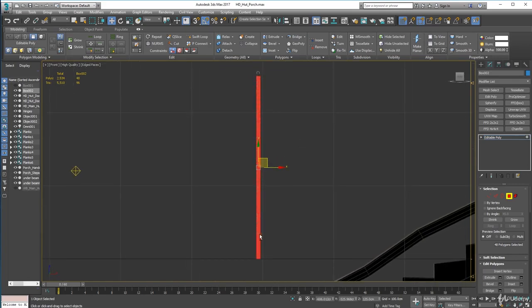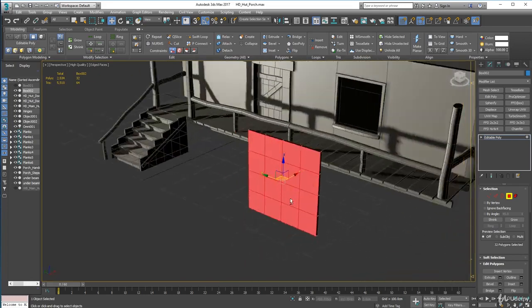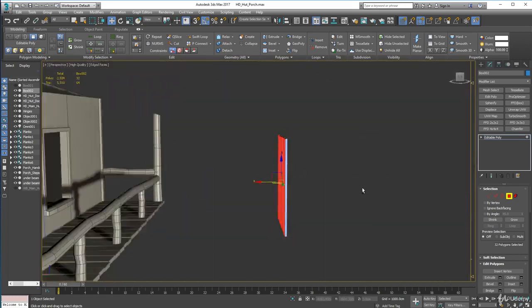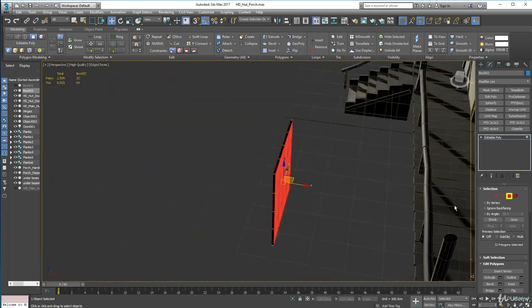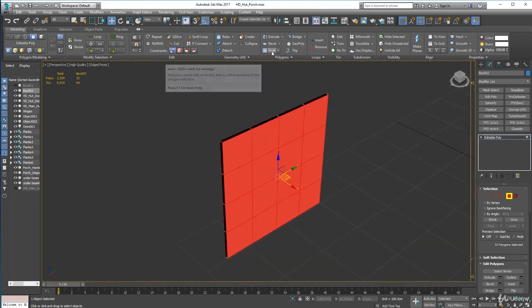I don't want the sides selected, so you should have just the front and back selected like so. Everything else should be switched off. None of the edges. So now we're going to go to insert,